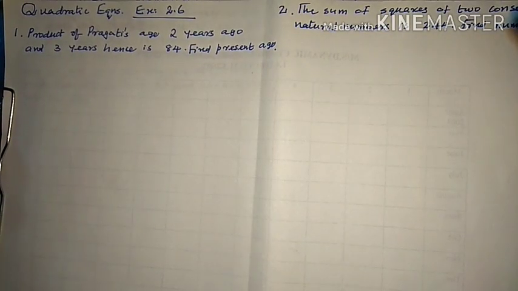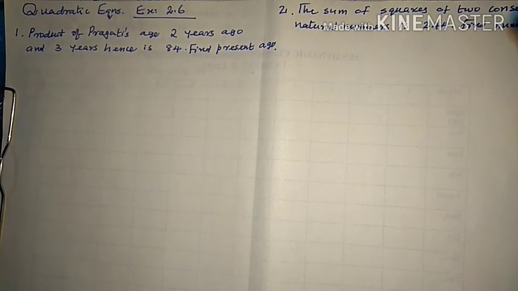Dear students, today we are starting quadratic equations, the last exercise before problem set 2.6: word problems. Here equations are not given. We have to make equations after assuming the variables properly, and then we have to work it out. We have to form the equation and we have to solve also.